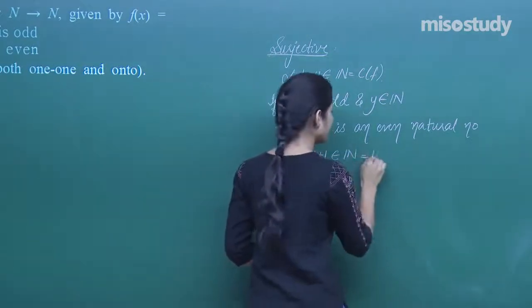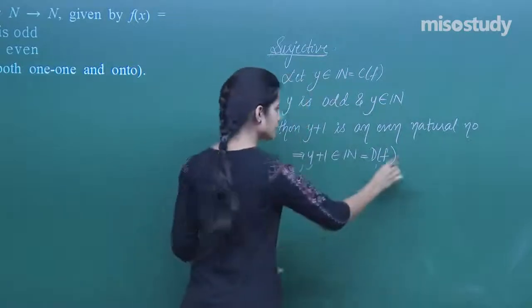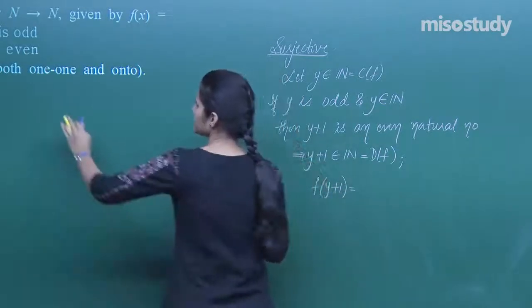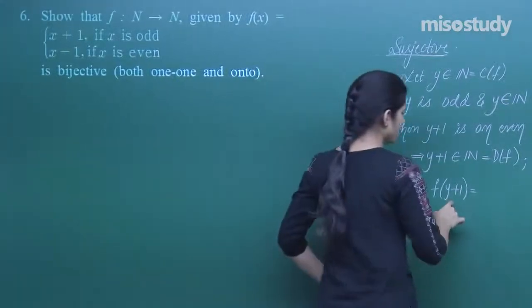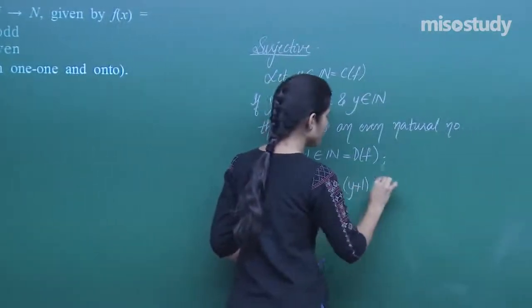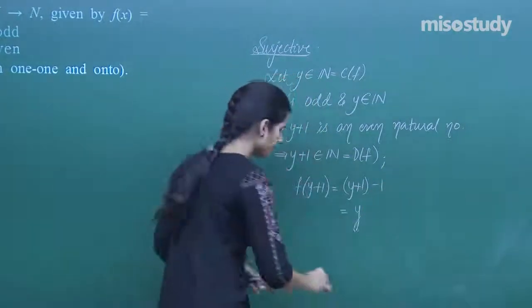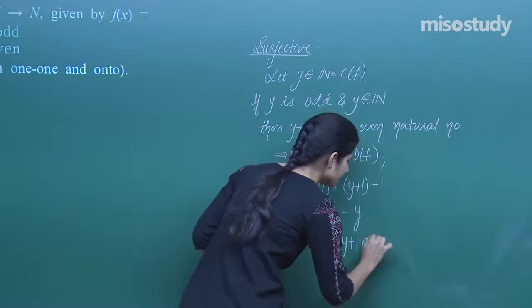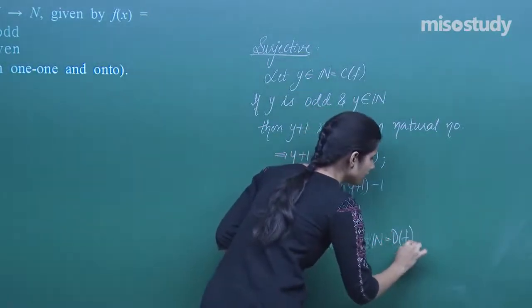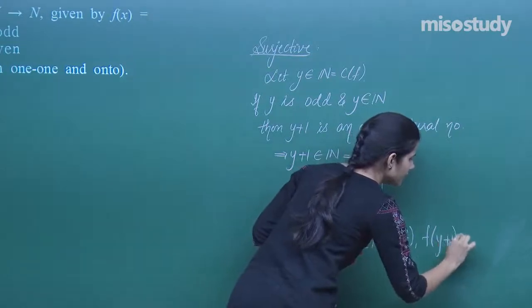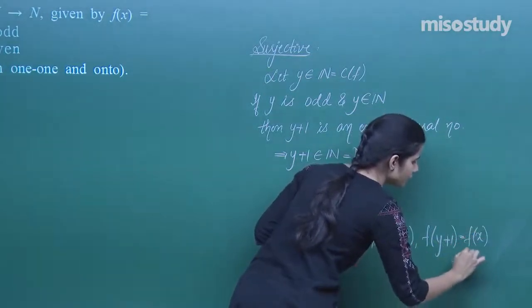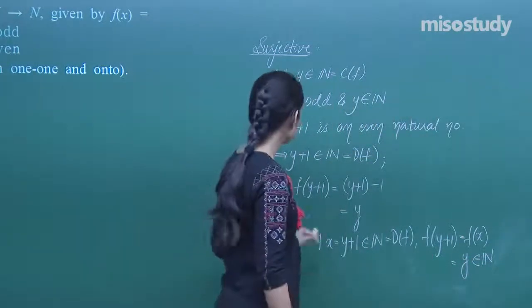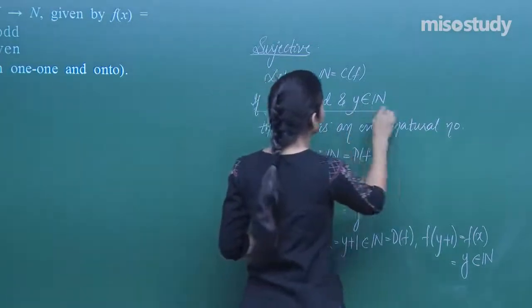And I am saying right now, n is, I am taking the domain of f, such that when f gets applied to y plus 1, which is even. Whenever x is even, x minus 1 is the answer. Y plus 1 is even, so y plus 1 minus 1, that is y, is the answer. Therefore, there exists x equals y plus 1, which is an even natural number sitting in the set of natural numbers, which is the domain of f, such that f of x, that is f of y plus 1, is equal to y, which belongs in the codomain of f. And this is one case, if y is odd.